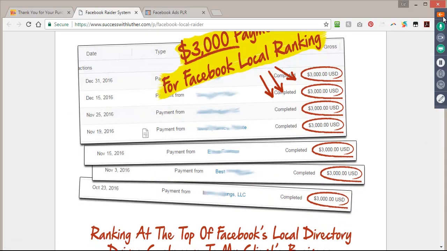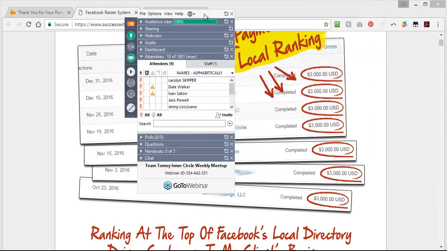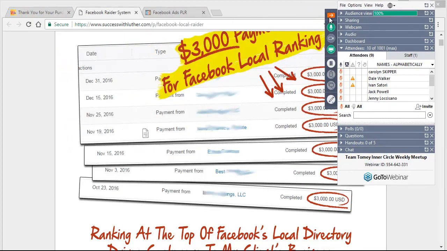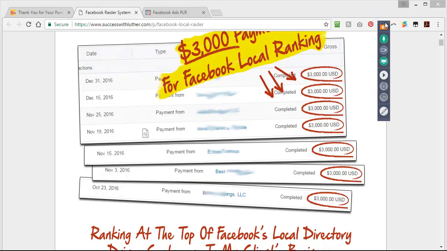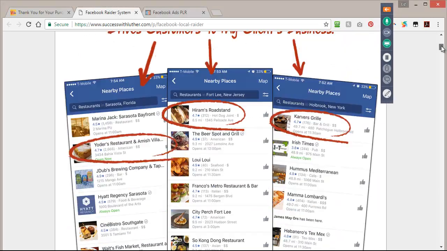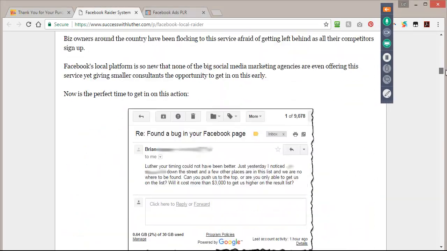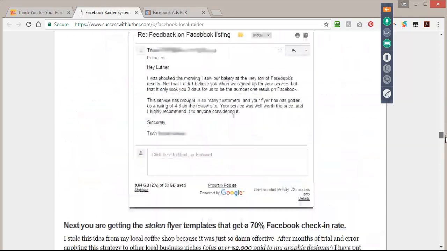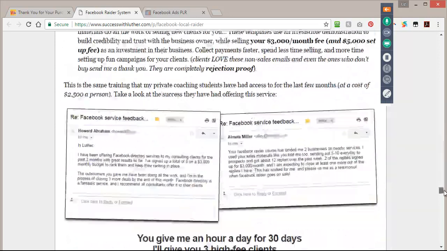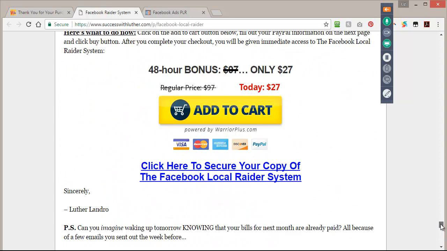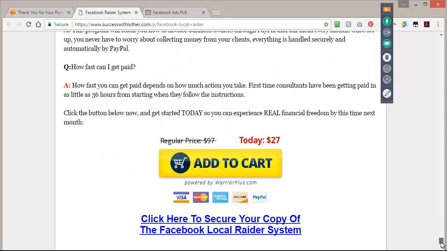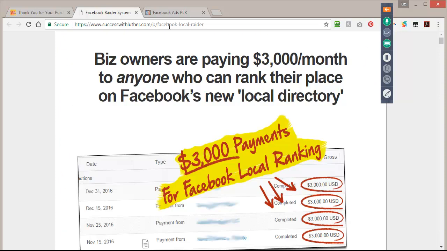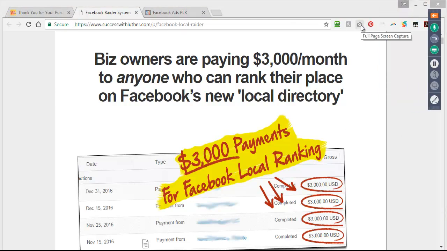So if we look at this sales page, let me move my thingy over here. You guys can't see this, but there's a big control panel that gets in my way a lot. So this sales page, you can see it all, made me buy this product, and it's not a product I would normally buy, okay? So instead of just copying the link to it, what I do is I have